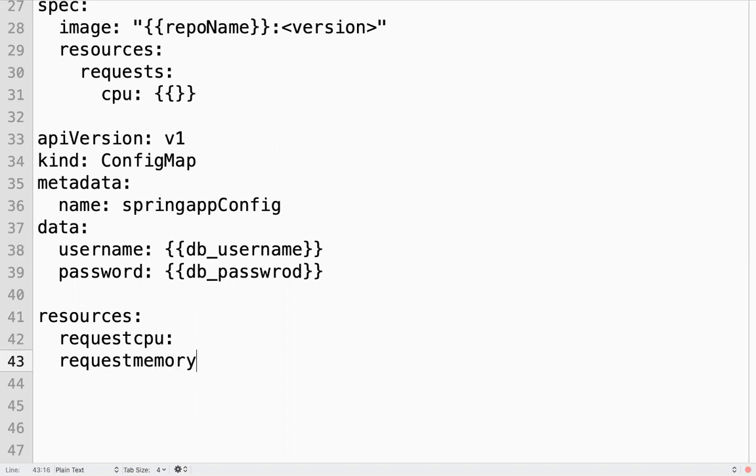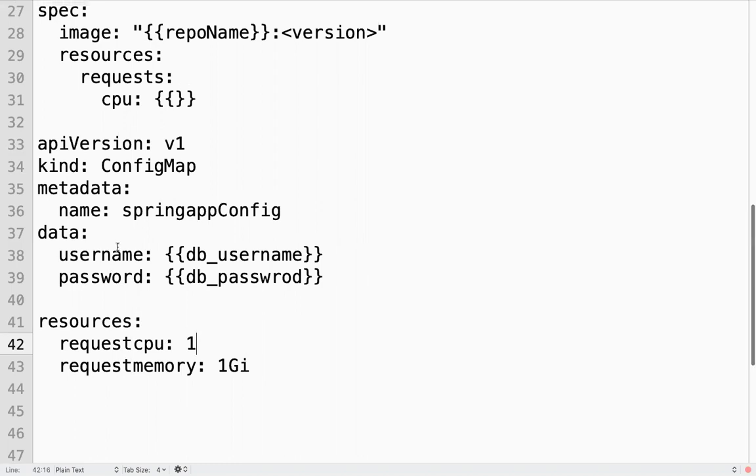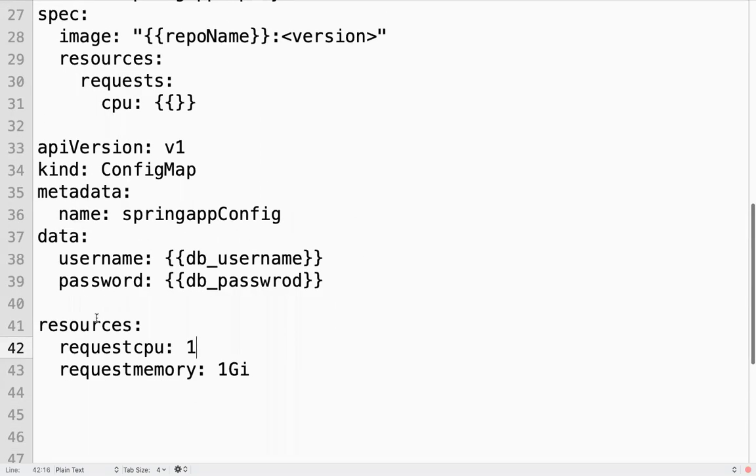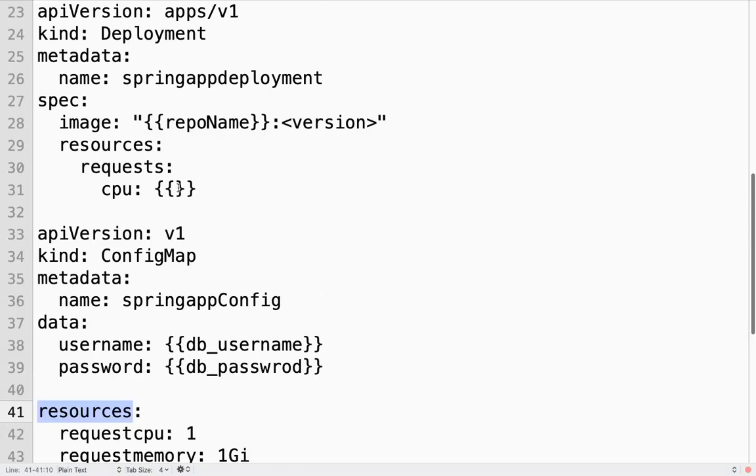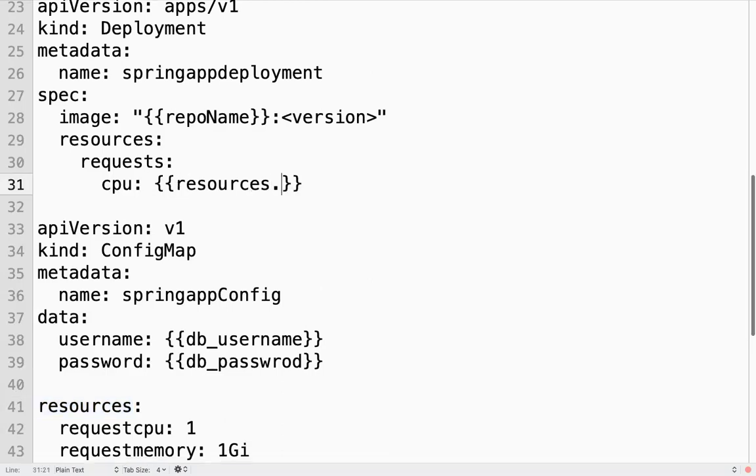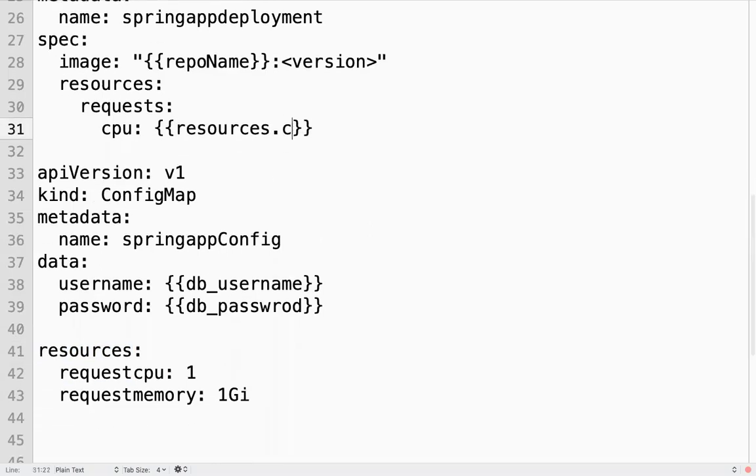Memory, here you can define like 1 GB, whatever, one core CPU. Here you can refer to that, something like this, from your values file.